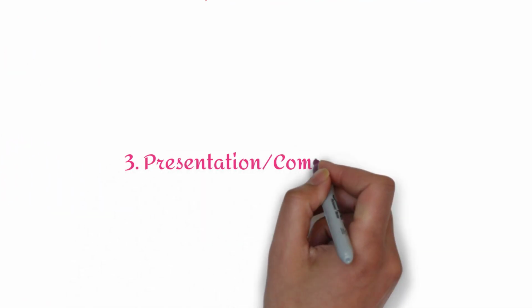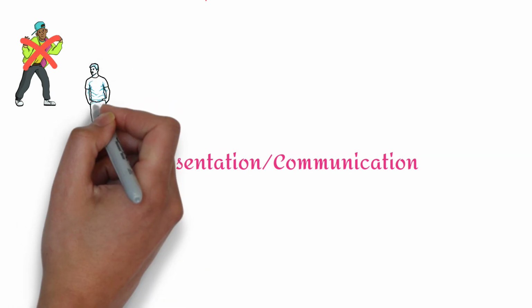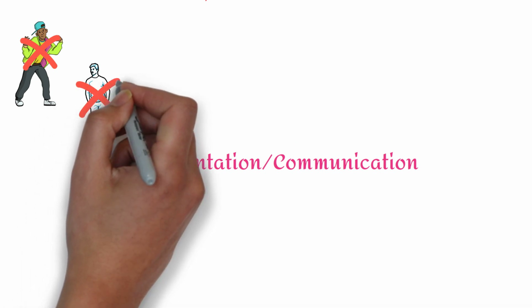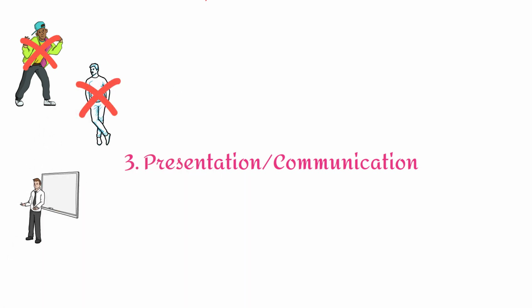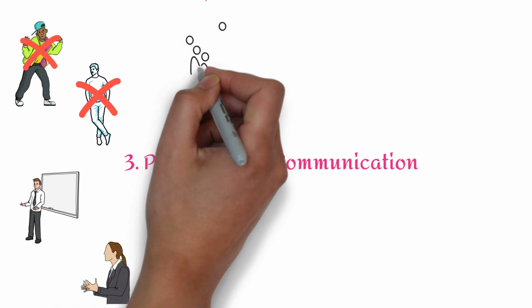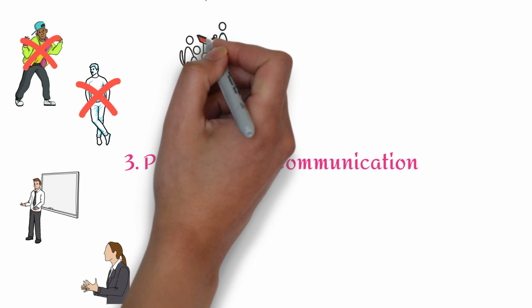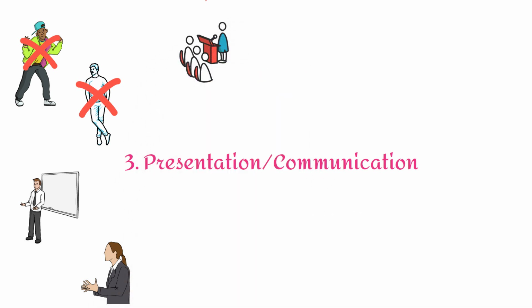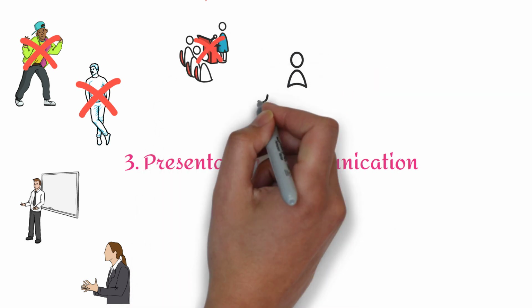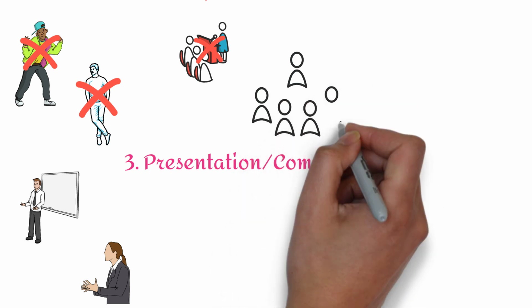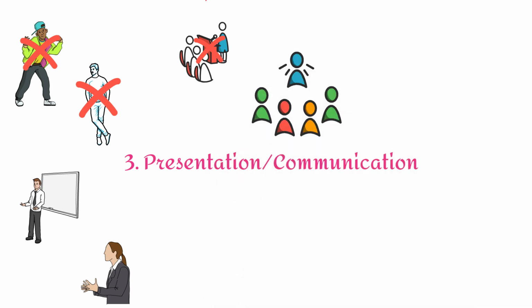Next thing, you need to work on your presentation and communication skills. A very important thing is your attire and body language, which should not be casual. The way you stand also matters. So wear only formal and decent attire. Instead of just standing behind the podium or at one place all the time, you need to make use of all the space available on the stage. You will be able to make eye contact as well as you will be audible.